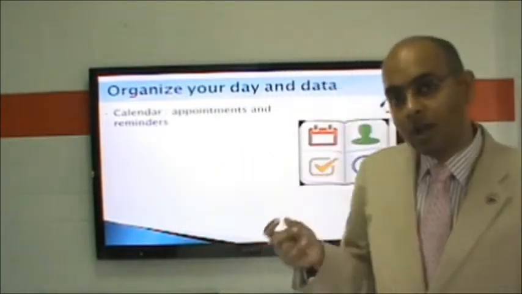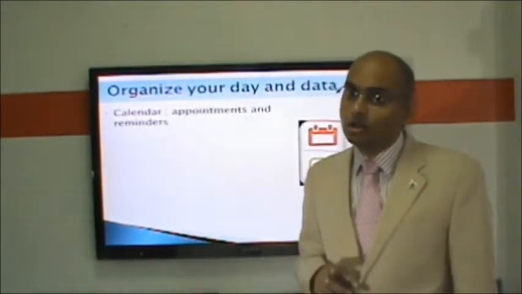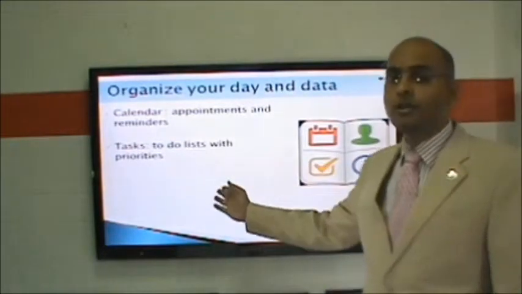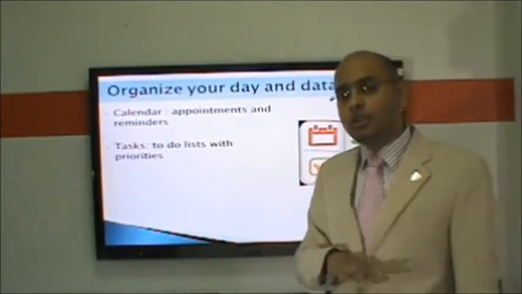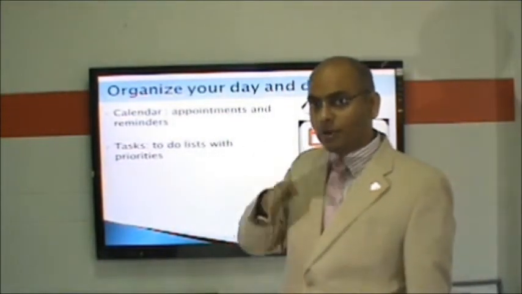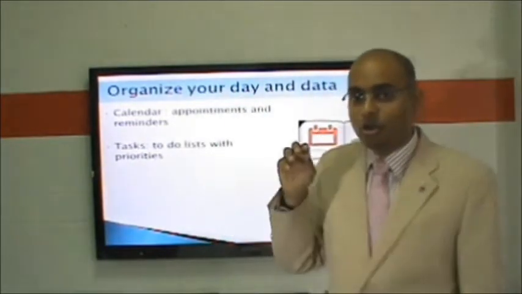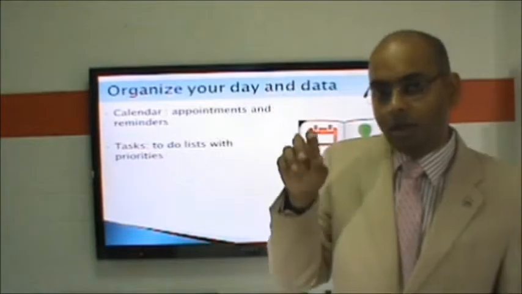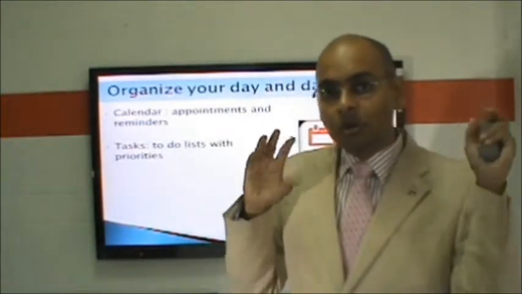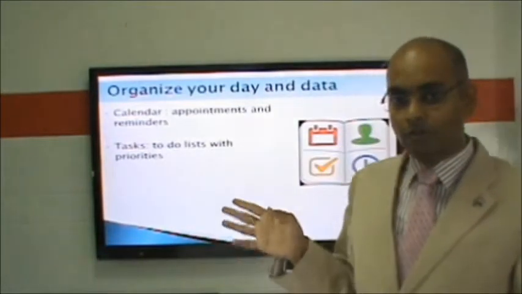Now whenever you get an email which has a task in it, try to put it in either the calendar or a task. A task is basically a to-do list with priorities and deadlines. It's very easy to manage a task list because you can put in priorities, high priority, low priority. You can put in the deadline and the task description. There are notes attached to each task, which you can write down. You can paste the entire email. So whenever you open the task, you don't need to search for that email.